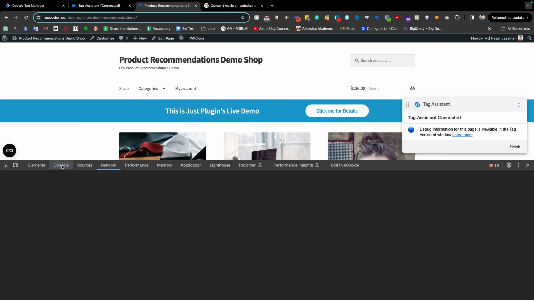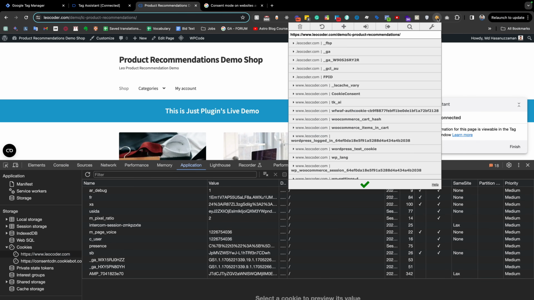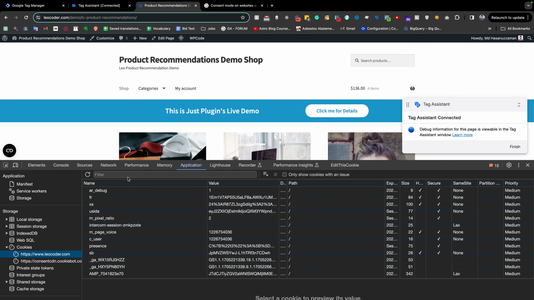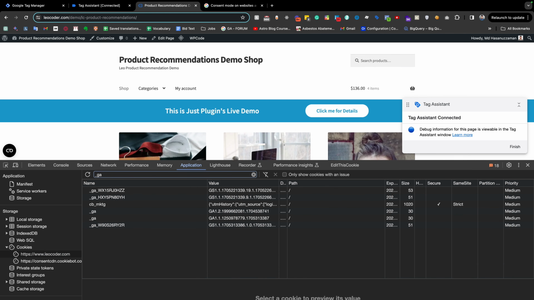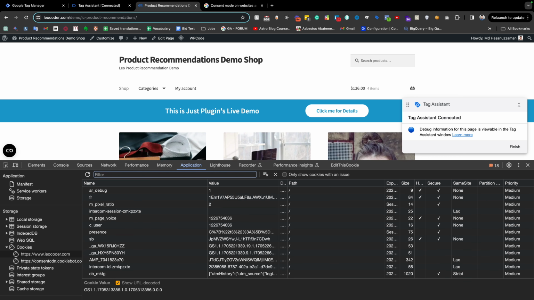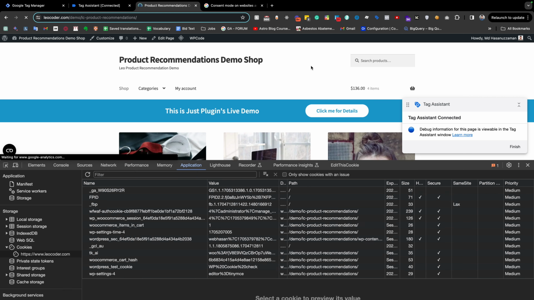For example, if I come here and go back, I am clearing my consent related cookie so that we can start from the beginning. Everybody knows about the underscore GA cookie. And you see that we already have two GA cookies. I am clearing both. Those two cookies are related to Google Analytics, and Google uses the underscore GA cookie to identify the visitor. Right now I have cleared the cookie and we don't have any consent. Now if I reload the page